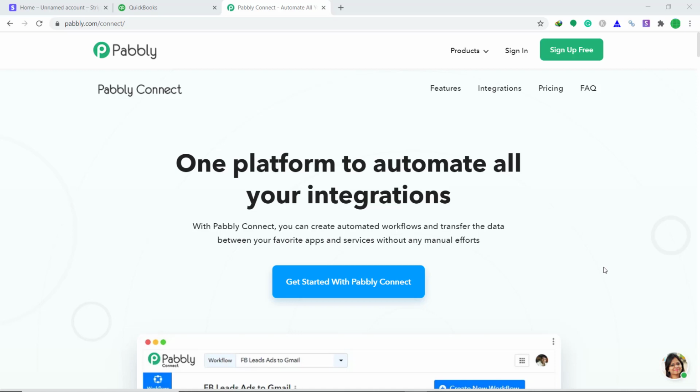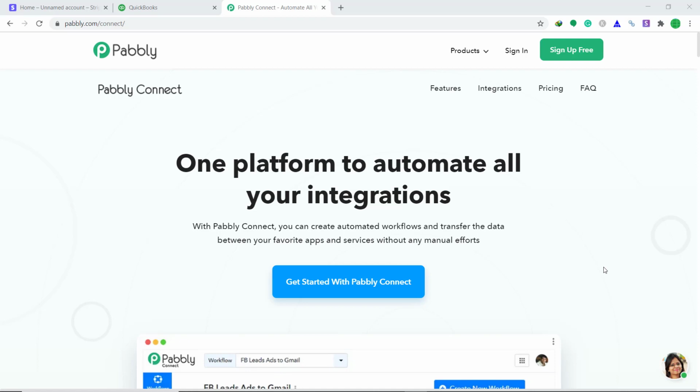In this video, you will learn how to integrate Stripe to QuickBooks. Stripe is basically a payment processing platform and QuickBooks is an online accounting software. What we are trying to do is, anytime a new customer is created in Stripe, that data will be automatically inserted into QuickBooks sales as a new customer. But the issue is Stripe and QuickBooks are two different companies. Hence there is no data flow between them.